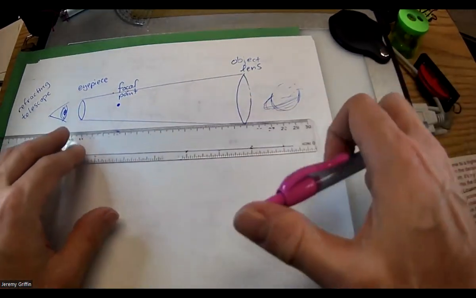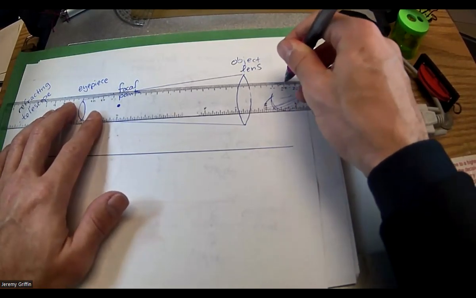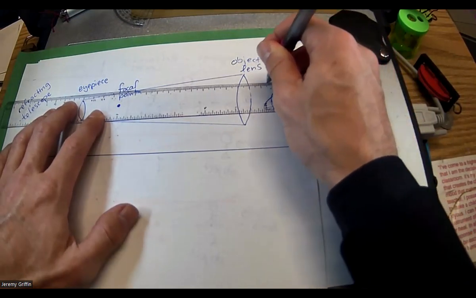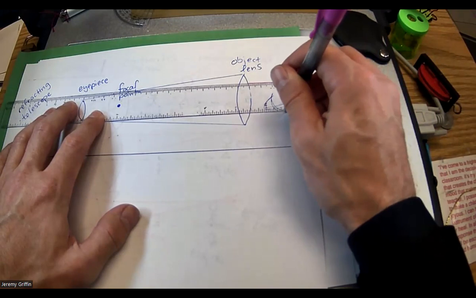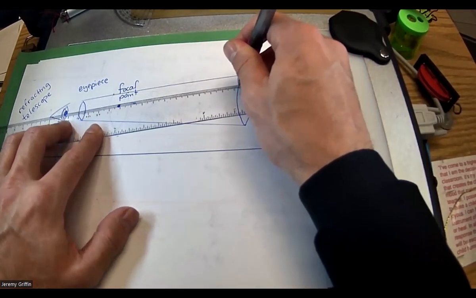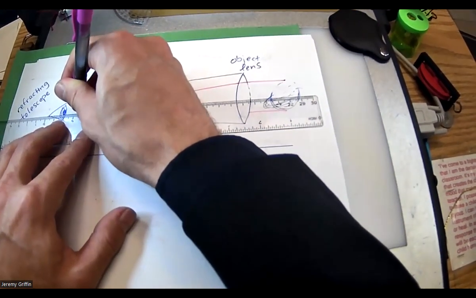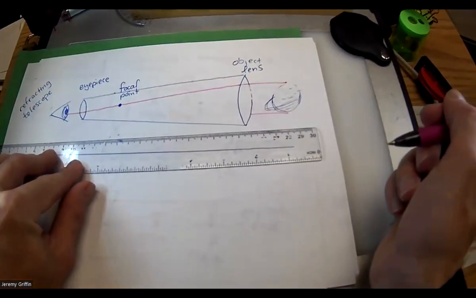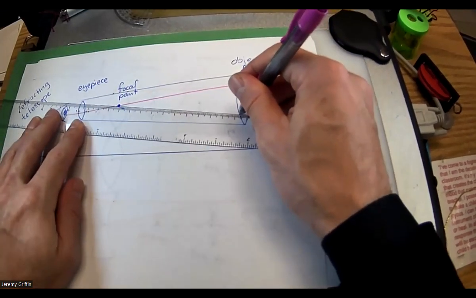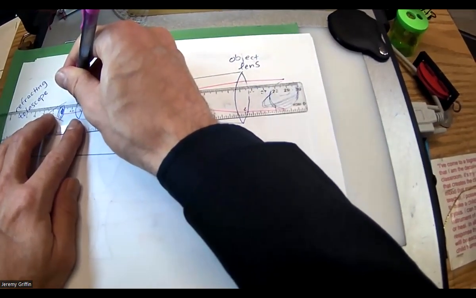So what are the rays going to look like? We're going to draw a few rays. Say you've got all these parallel rays coming in from the edge of the universe. Just coincidentally, that matches the width of my ruler. So we've got a couple of rays coming in like this. Now this top one is going to refract and go straight through this focal point, and then refract back parallel. The ray on the bottom refracts straight through the focal point, and then refracts back parallel to this guy's